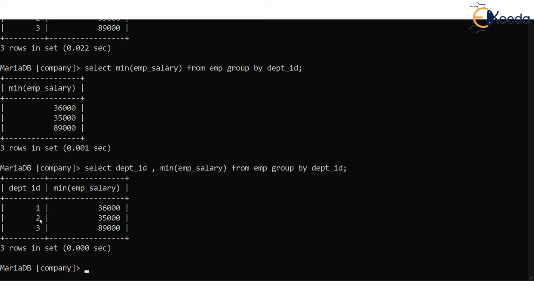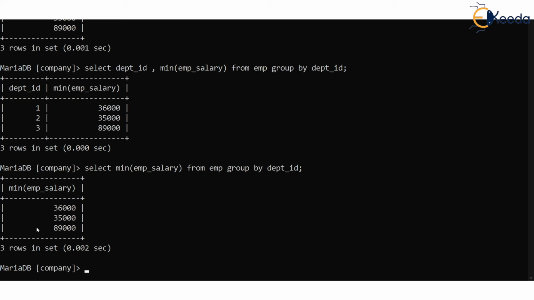I'll tell you, in some of the SQL implementations, like I am using MySQL, this feature is possible where you don't include, listen carefully, where you don't include this particular group by column name, that is department ID, you don't include, still it works. But in pure SQL implementation, standard SQL, I am saying, you must include, they have put this restriction, you must include the column on which the group by is done.